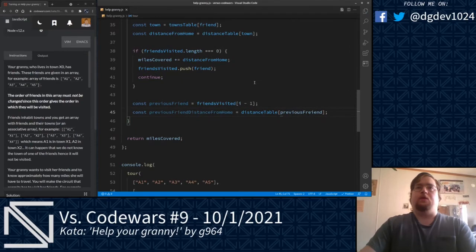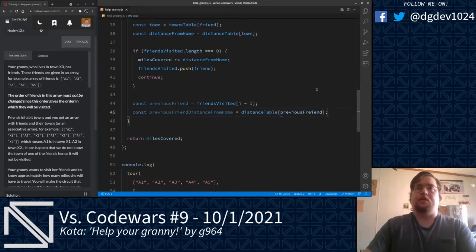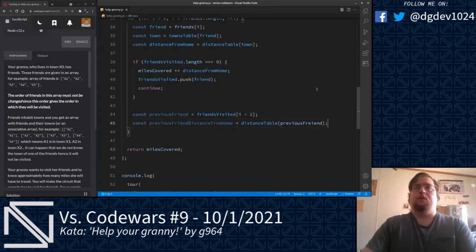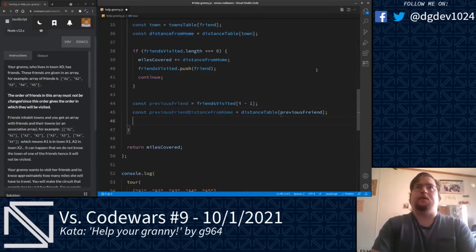Now, what we need to do is take this previous friend's distance from home and the distance from home of our current friend. We're going to apply the Pythagorean Theorem to get the distance from this previous friend to the current friend. The Pythagorean Theorem is a squared plus b squared equals c squared. So what we'll go ahead and do here is